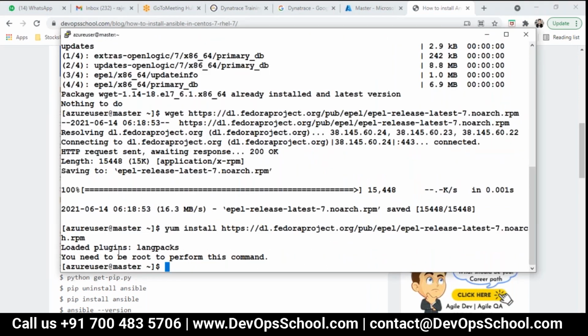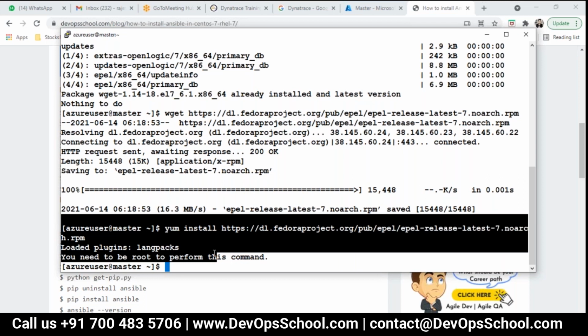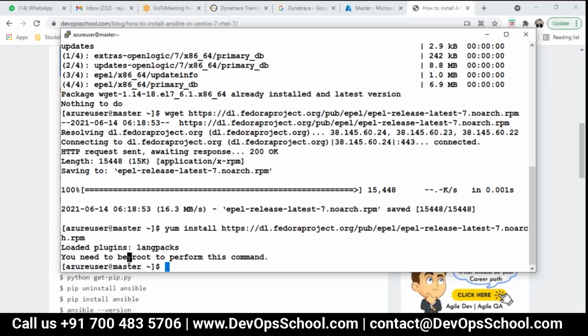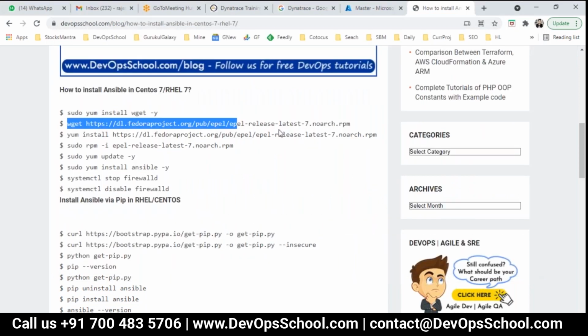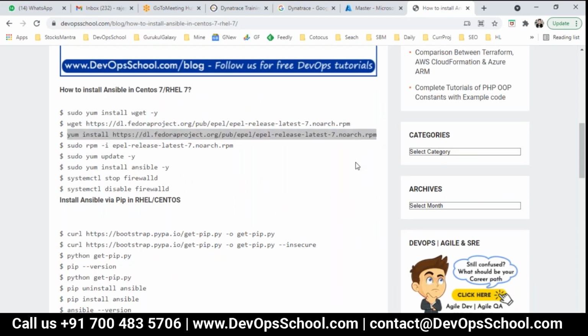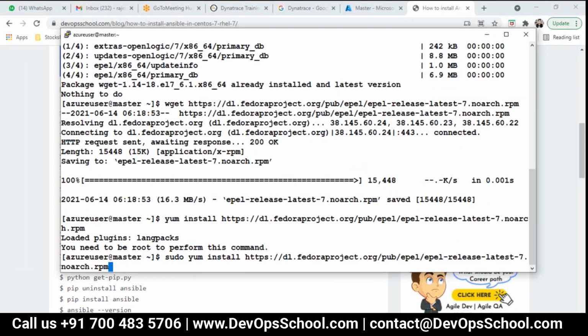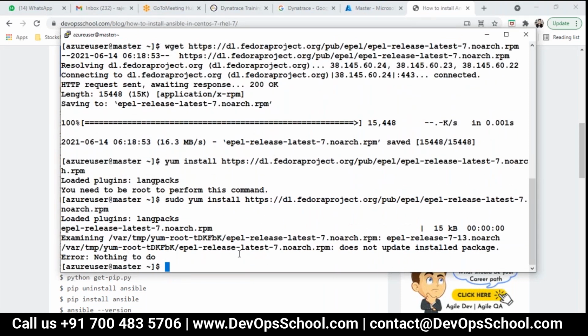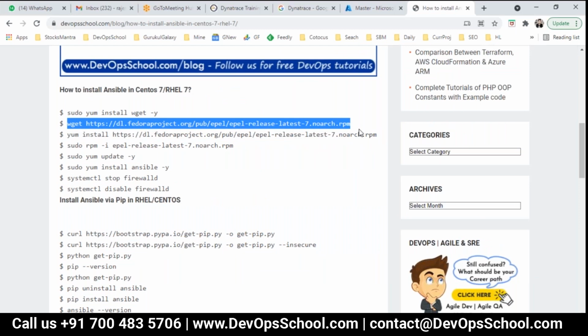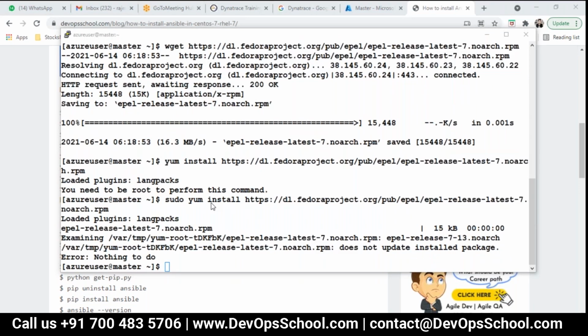Okay, so here you see they're asking to add sudo to become root. One mistake I'm making is that for each command I should run sudo, because I am setting up the ACS for you. You don't have to set it up, but you need to understand all the stuff like that. Okay, so